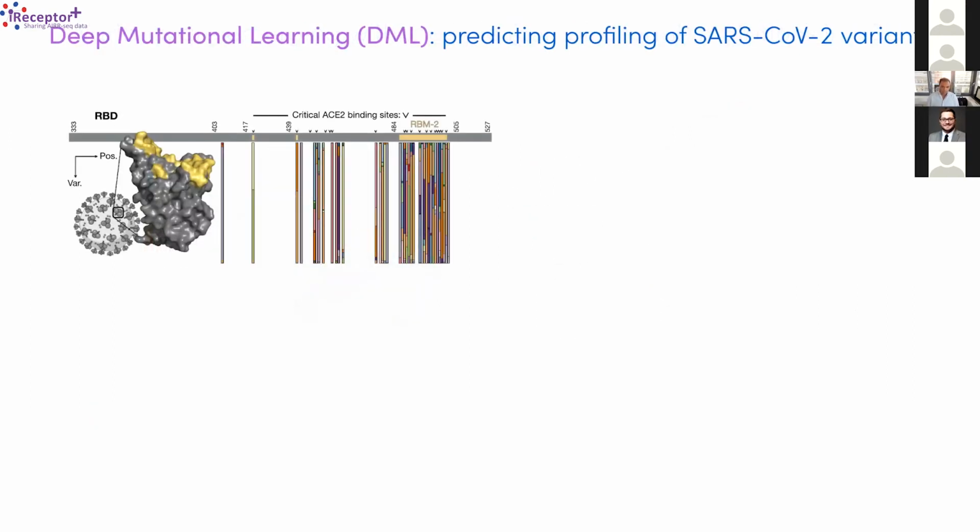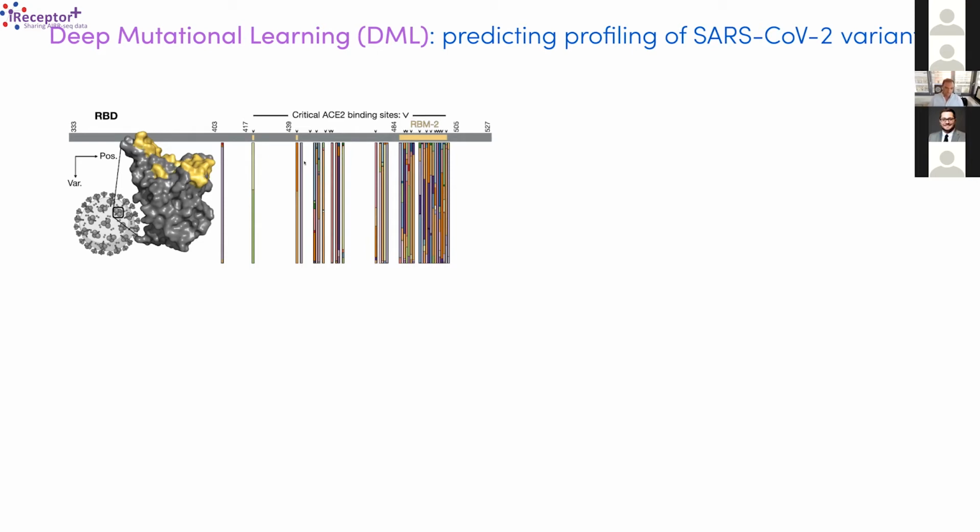Okay, so what we did is develop this method that we call deep mutational learning. The idea behind this is we took the RBD domain and identified regions that have been found to mutate extensively in the viral genome sequencing data in the GISAID database, as well as regions that we know are interfacing with the ACE2. Sometimes this sub-region of the RBD that directly engages ACE2 is called the receptor binding